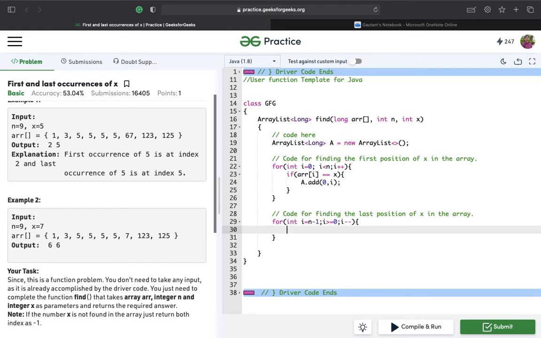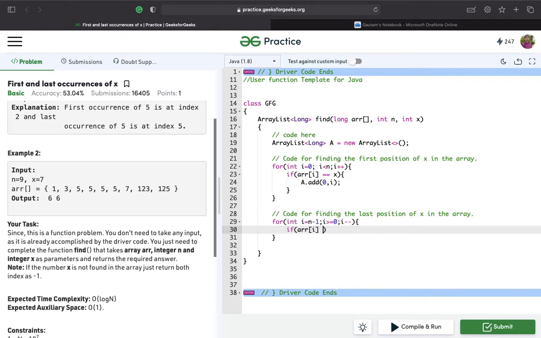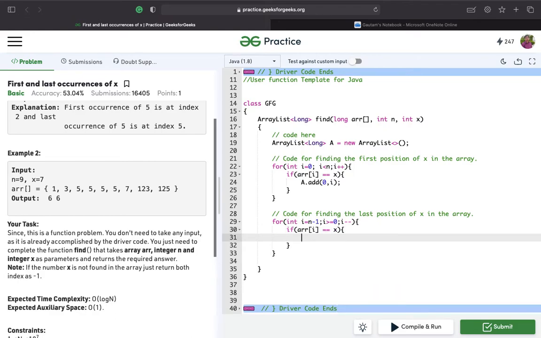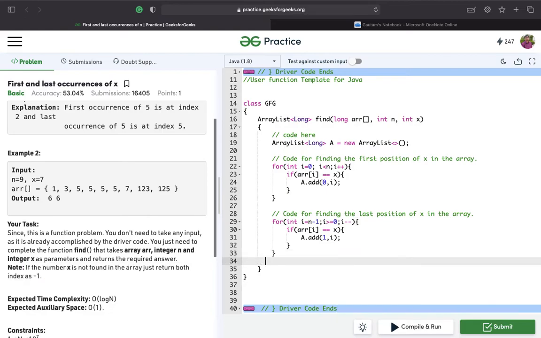So what we'll be going to do is we'll check if ARR of I equal to x, then add at position 1 the index of I, right? Now what we need to do is if number x is not found in the array, just return index as -1. So that is the other case which I am not trying to code, because this solution will take big O of n complexity, right?